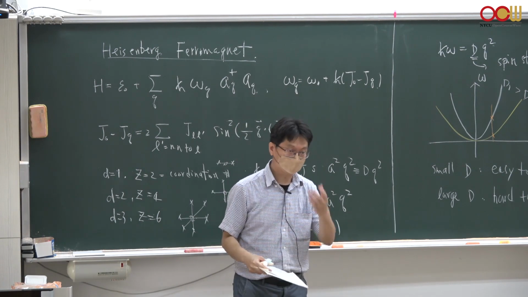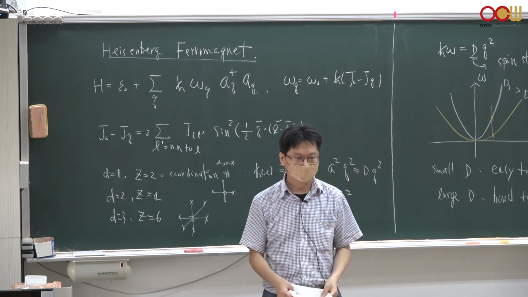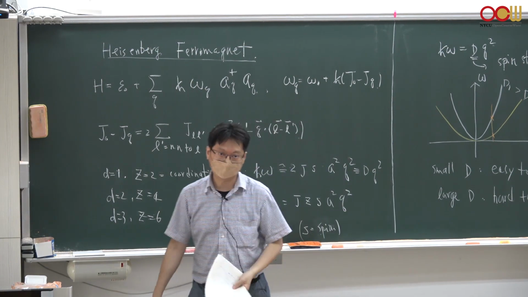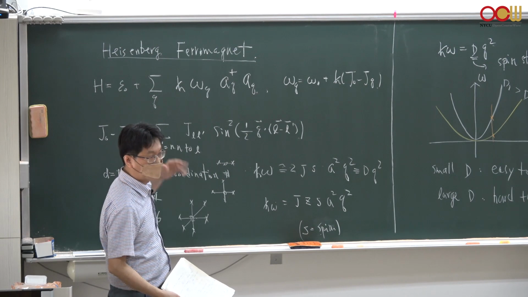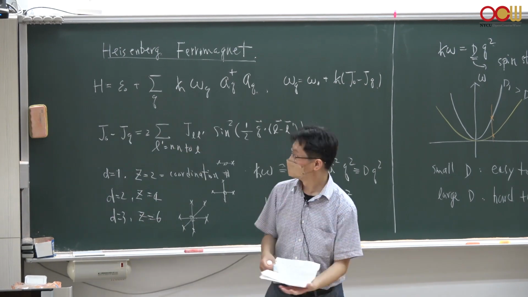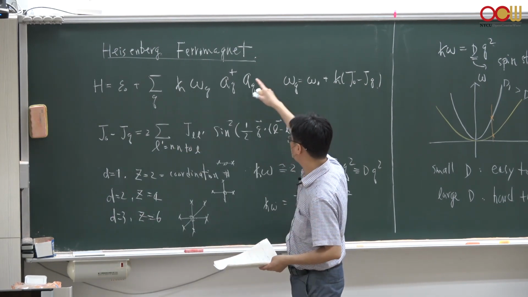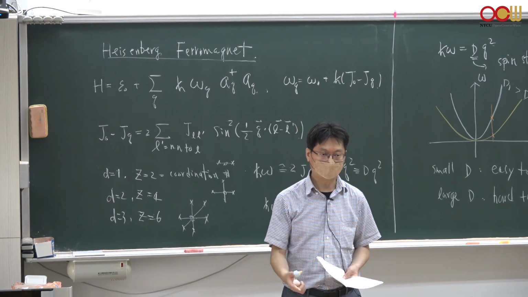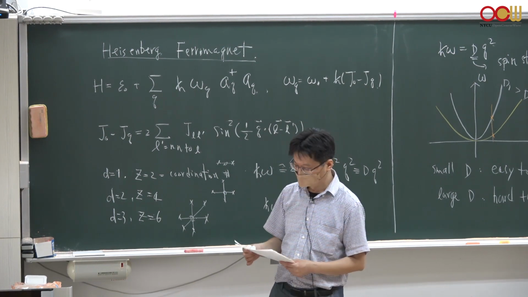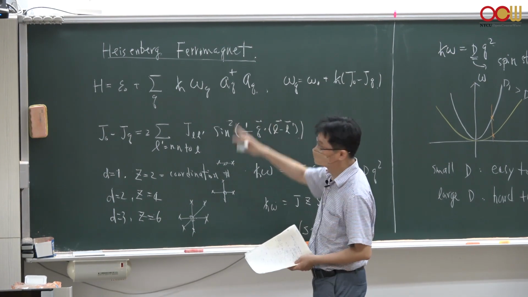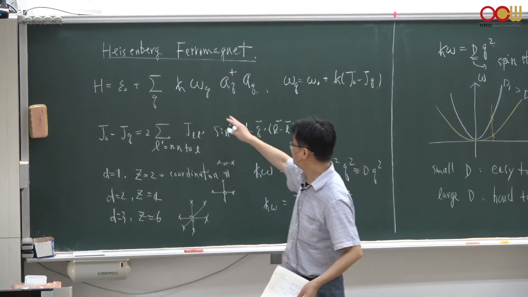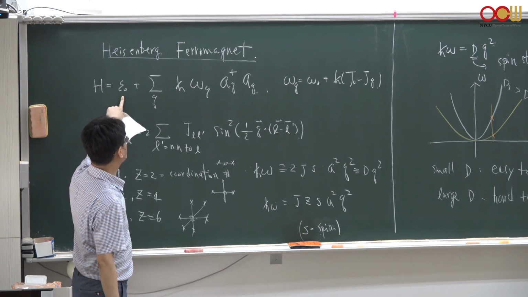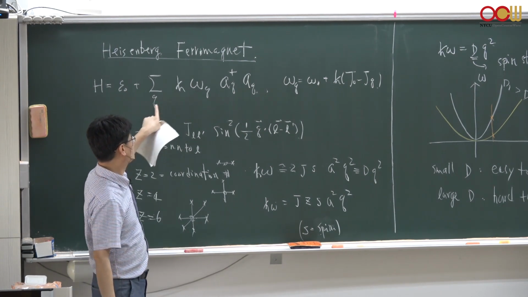Last time, we started to use Holstein-Primakoff bosons to re-express this Heisenberg ferromagnet on a simple lattice, and we Fourier transformed these so-called Holstein-Primakoff bosons a and a dagger, which are related to the spin operators S plus, S minus, and also S z. And after we Fourier transform the Hamiltonian, the Hamiltonian is given by this constant epsilon 0 plus the sum over